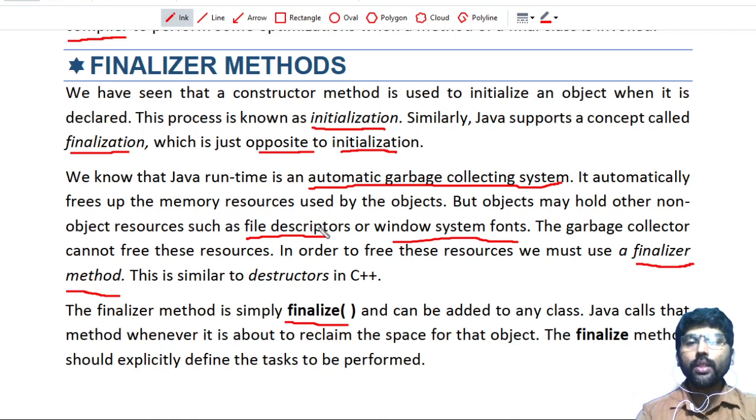To prevent such a situation, what I do in my object is use the finalize method and release that file so that other users can access that file for their purpose. So that is the use of the finalizer method, to release memory for making more space for Java. These are some of the uses of finalizer methods.